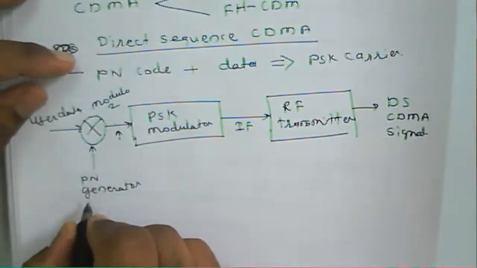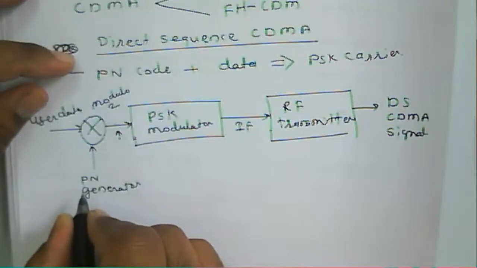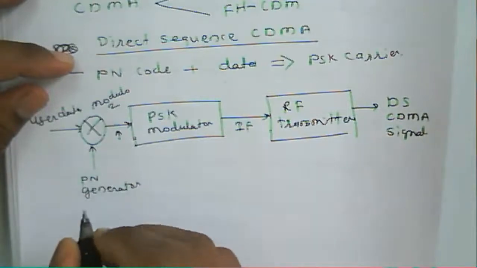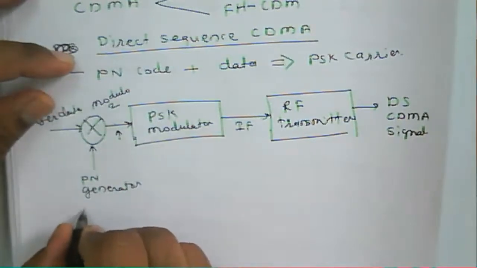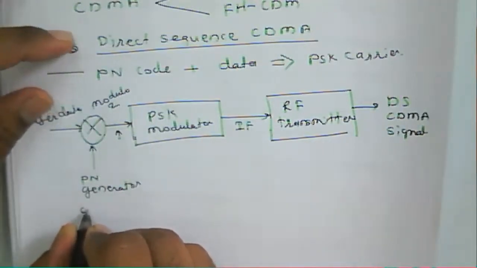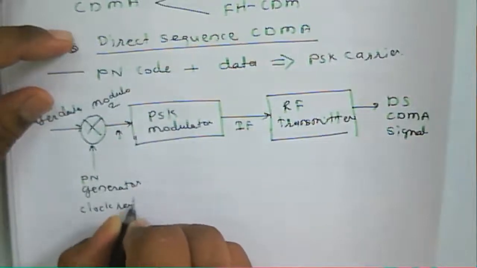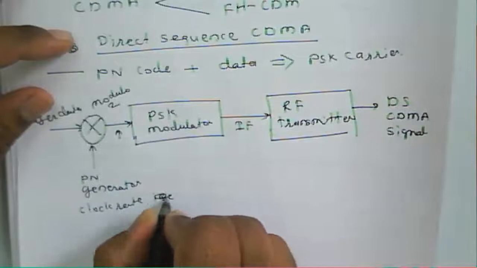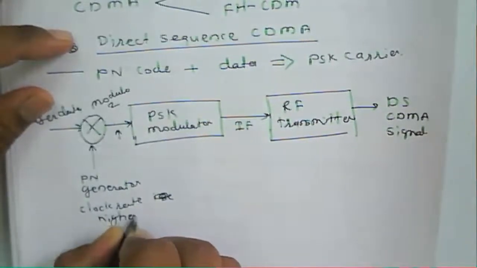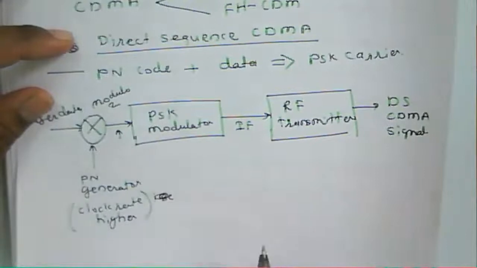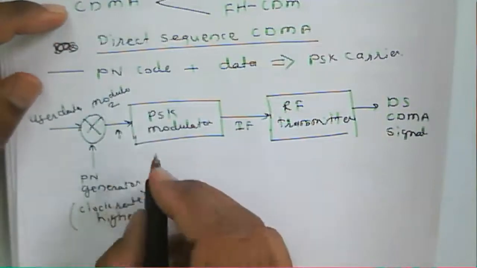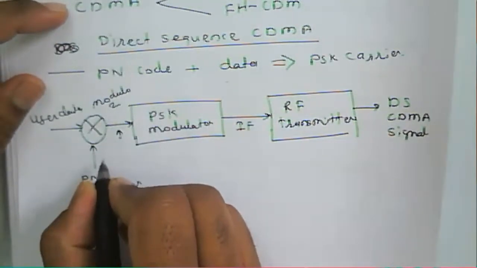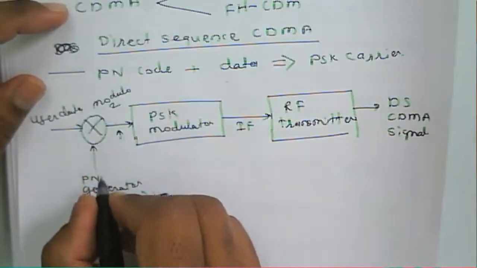Now this is a PN generator. The clock rate of that PN sequence is higher than the data rate. So that's why, whatever data we transmit through this PN sequence,